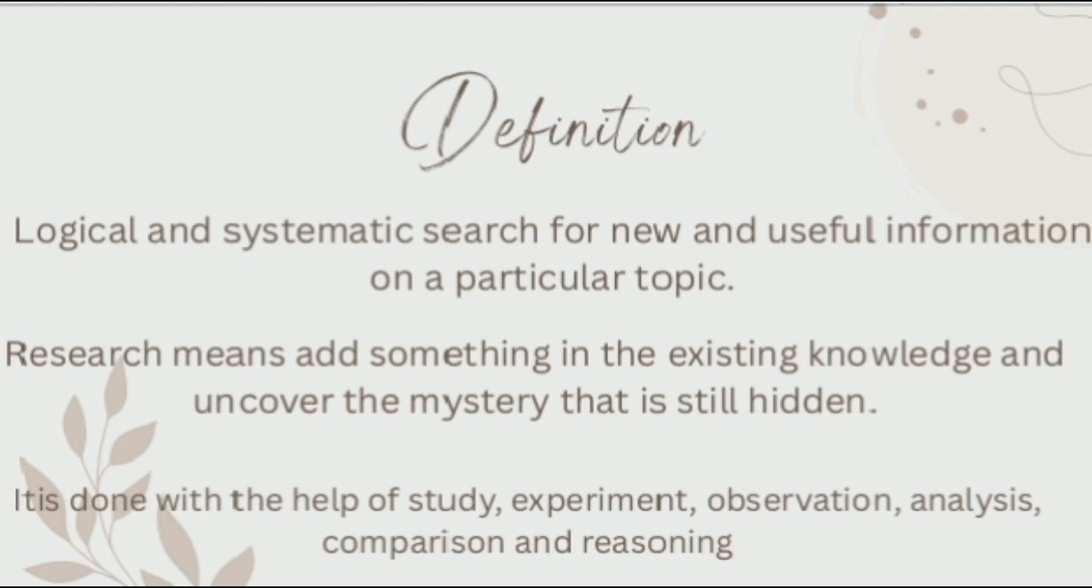And if we are talking about research in social science, of course we have different methods and tools. Here it's done with the help of study, experiments, observation, analysis, comparison and reasoning. So these are the parts, or we can say the features in research which we use while conducting our research. Basically we study a specific topic, we do experiments, and we observe participants, and then we analyze